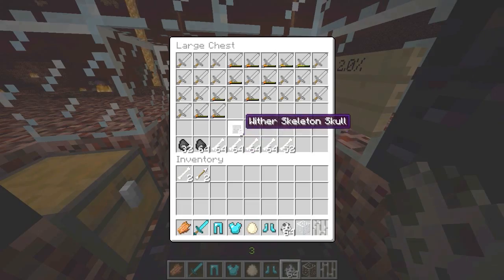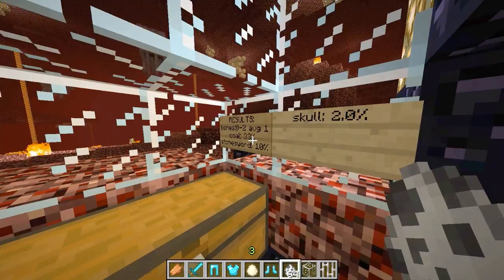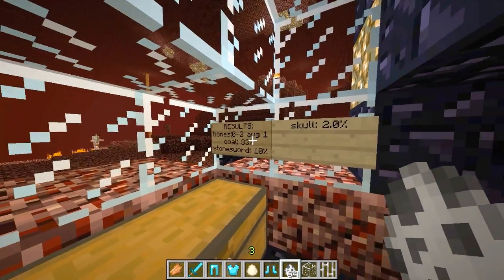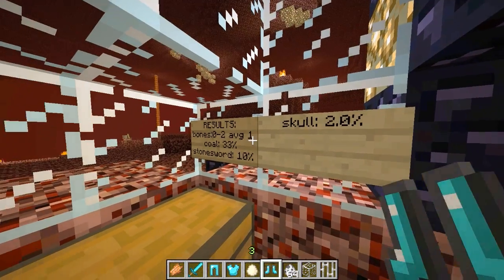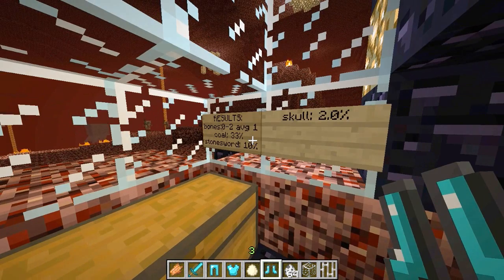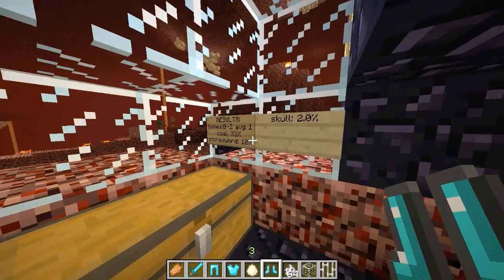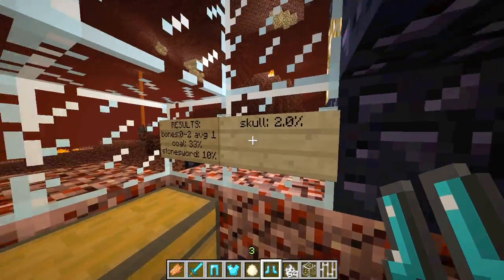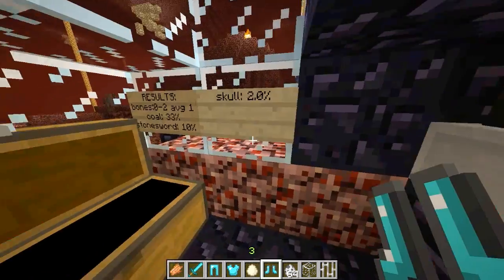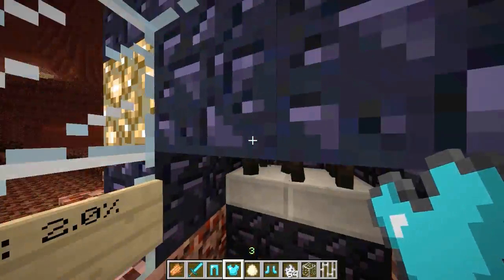You can of course count the numbers yourself, but I already listed it here. So the wither skeletons drop 0 to 2 bones, so on average exactly 1. They drop a coal with a 33% chance, so you get a coal every third black skeleton on average. Stone sword only 10%, and here's the number which I'm not sure about yet because I only tested 300, but it seems like they have only a 2% chance of actually dropping these skulls,